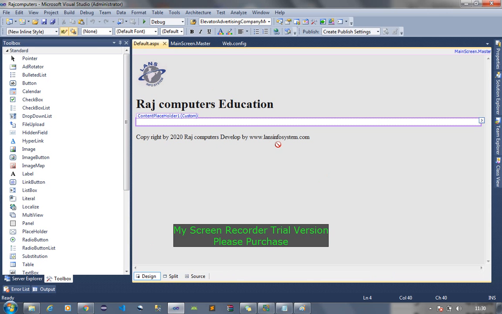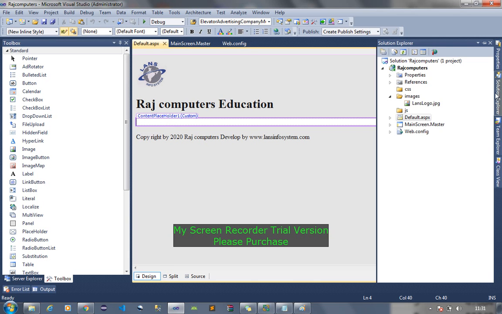Everything is ready. My header is ready. My footer is also ready. So what is my part? Just to design a website. So how to design this website? So I can go here and I can see, I call this as the first page. I want to create a few more pages. So they are very simple. I am creating 4 more pages, and they are very simple and very fast.